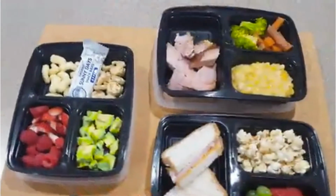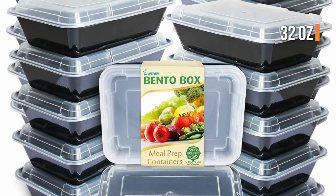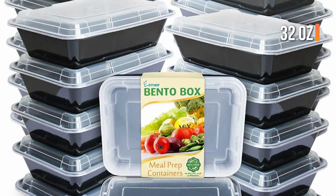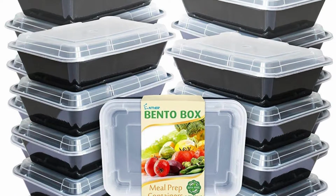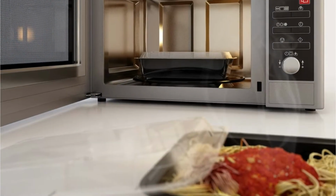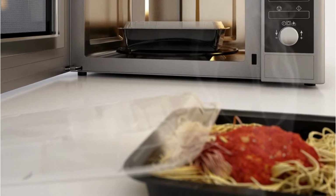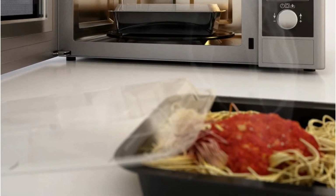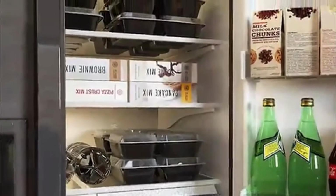They make healthy eating a breeze with 3 different sections and a total of 32 ounces of storage capacity. With this current offer, you'll receive 20 containers, allowing you to simply plan and prepare your entire week's worth of meals. They're also designed to stack neatly on top of one another, so they won't take up much space in your kitchen cupboard. They're built for the modern house and are ideal for anyone who has a hectic on-the-go lifestyle